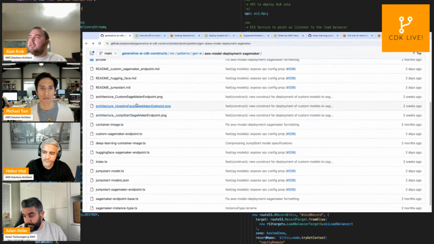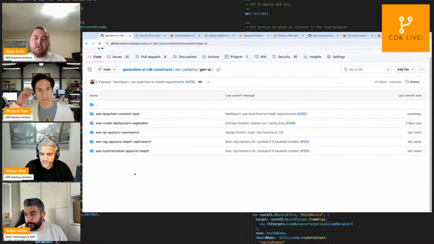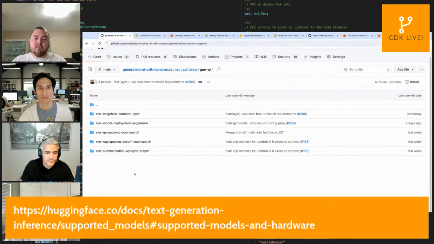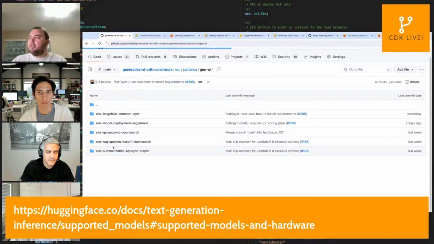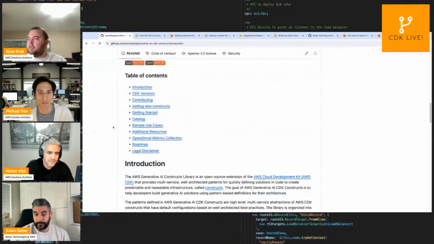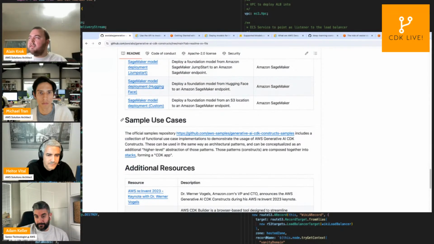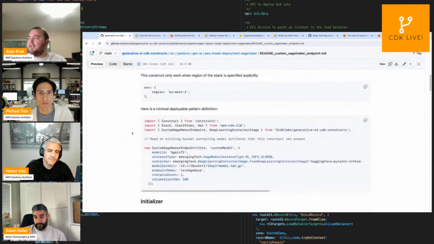And the last construct that we have is for use cases that are a bit more custom. Maybe you fine-tune a model, or maybe you train a model from scratch, and you want to deploy it also. So we provide you with this custom endpoint construct.